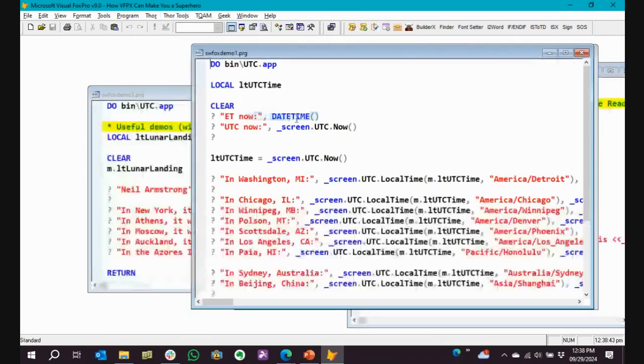UTC date. I don't know about you guys, but I'm kind of a space-time continuum kind of person, and time zones is one of those things that has always fascinated me since I was a young guy. I like to know where different time zones are and what time it is in them.